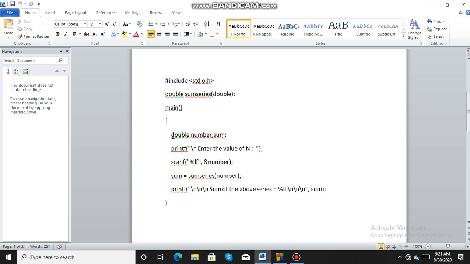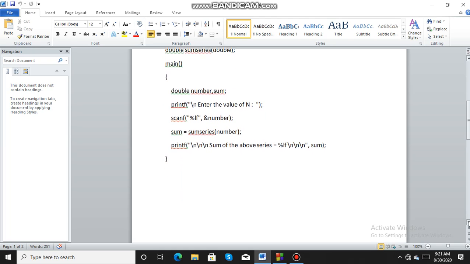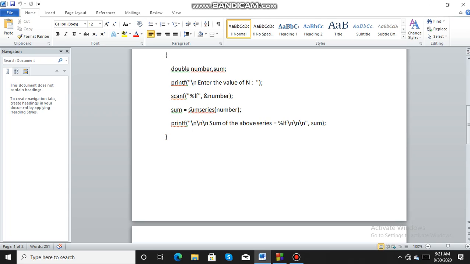So in the main also number and sum both are double. Now I am entering the number of elements through the screen, and that number of elements I am passing to the function sum series, and the sum series after doing the calculation will return me a value which I will be storing in the sum, and that value I will be printing on the screen. So now let us go to the function sum series.